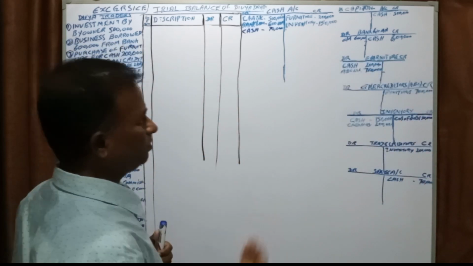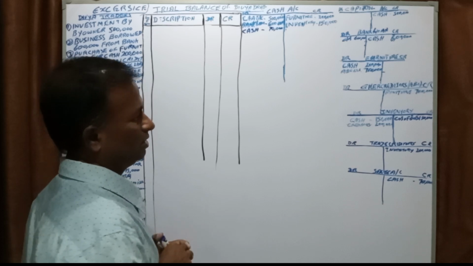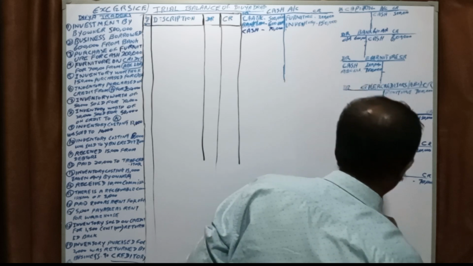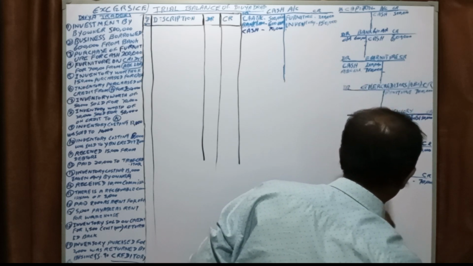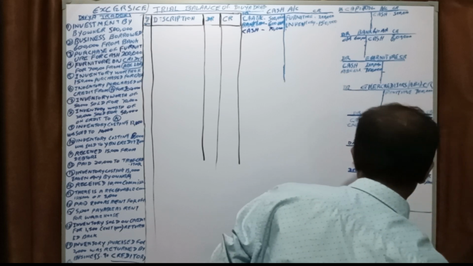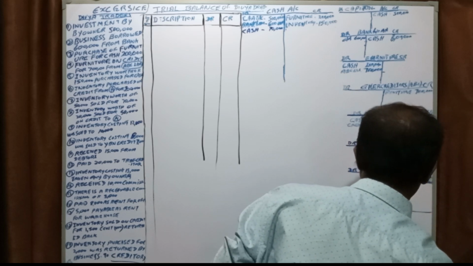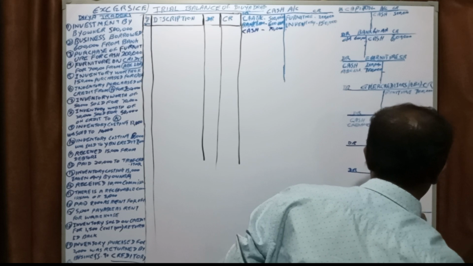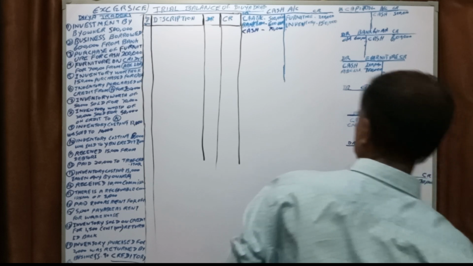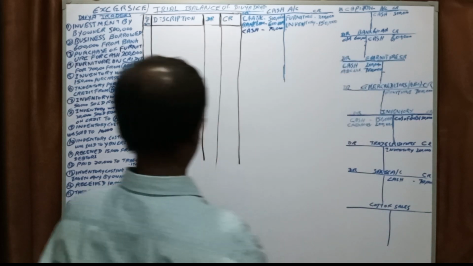Inventory has to be deducted, right? Inventory always has to be deducted, because when you are issuing the goods, the inventory has to be deducted. Here, cost of sales,